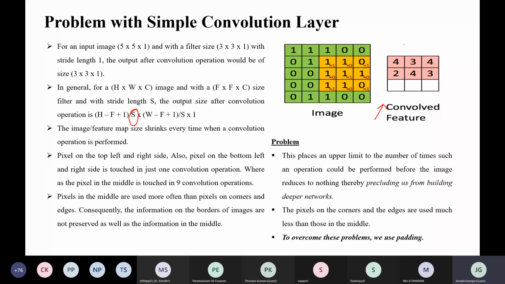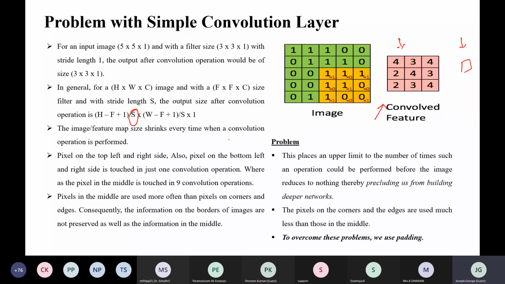If you use another convolution layer with a 3 cross 3 filter, you will get only 1 pixel, right? So you cannot go further, or else you cannot create a deep neural network. That is the problem with a higher stride value.